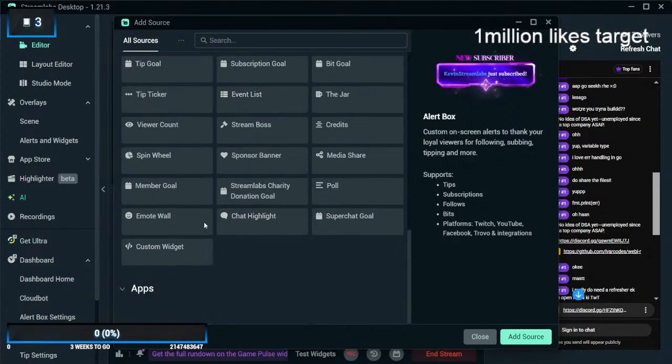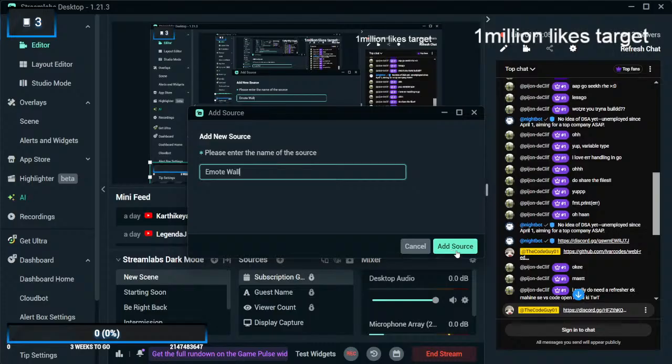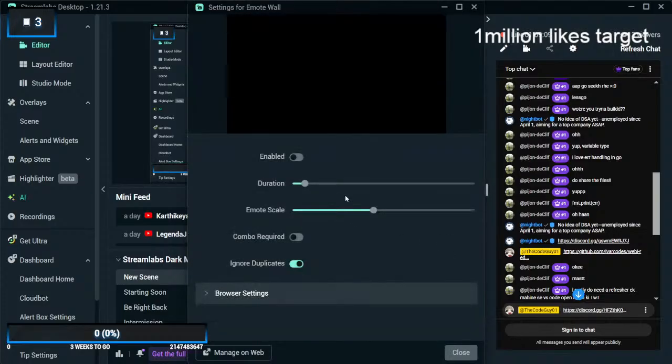Chat highlight, emote. What is emote? Oh, this is what other people are using. Why the hell did I never know this thing?